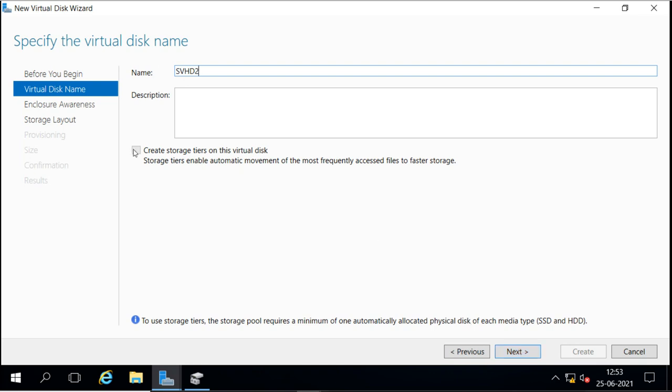Again, this option is not available even though we have multiple disks, because all the disks we have are the same type. So there is no point of speed, the performance will be the same. It will be available when we have different types of disks like SATA, HDD, SSD.